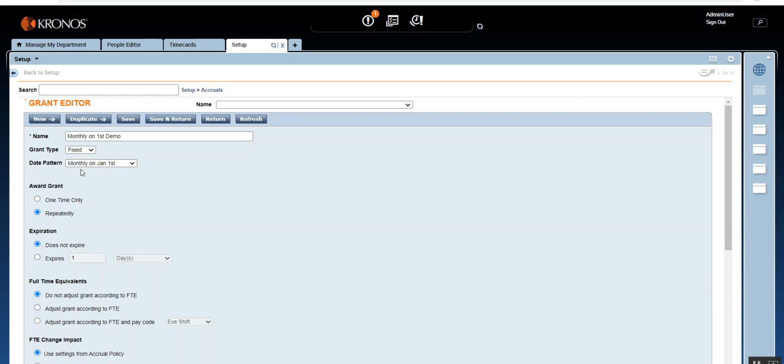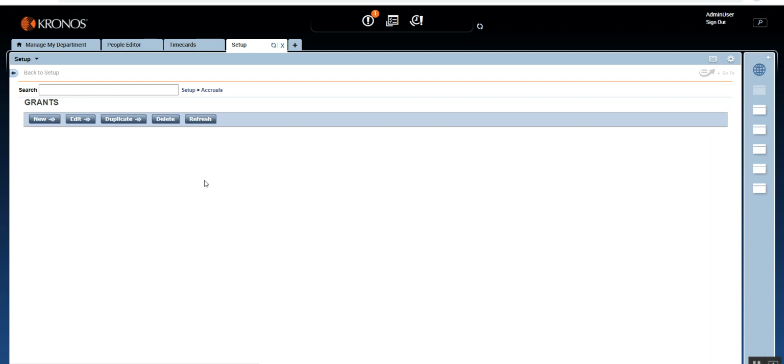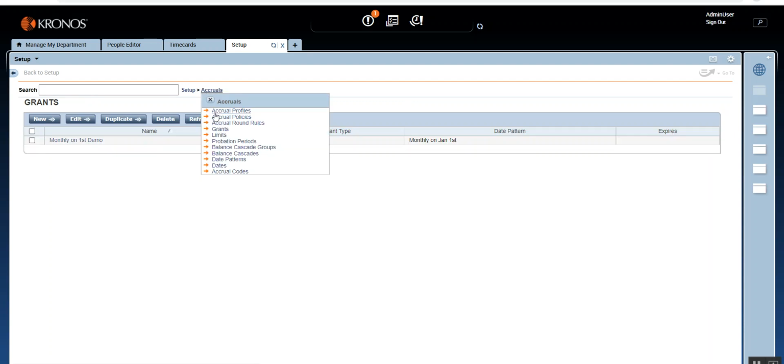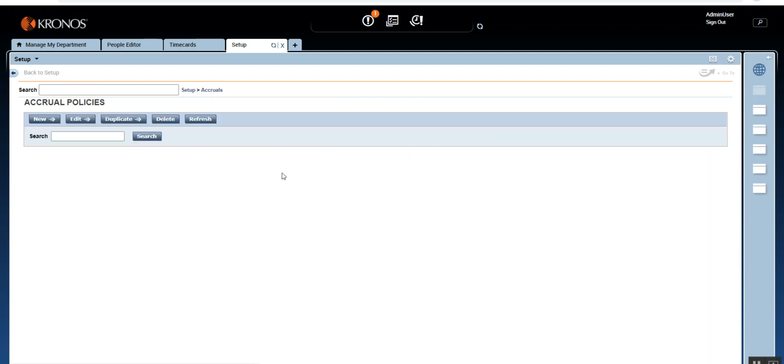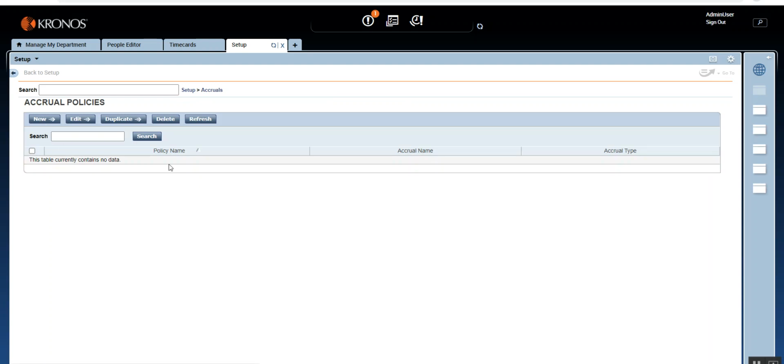Again, the date pattern you may have to change based on your requirement. Here it says monthly on Jan 1st, but it should be monthly on the 1st of the month, not just Jan 1st. I'm just going to click on save and return so that I can show you where you can tag this. So you can go to Accrual Policies, click on new,